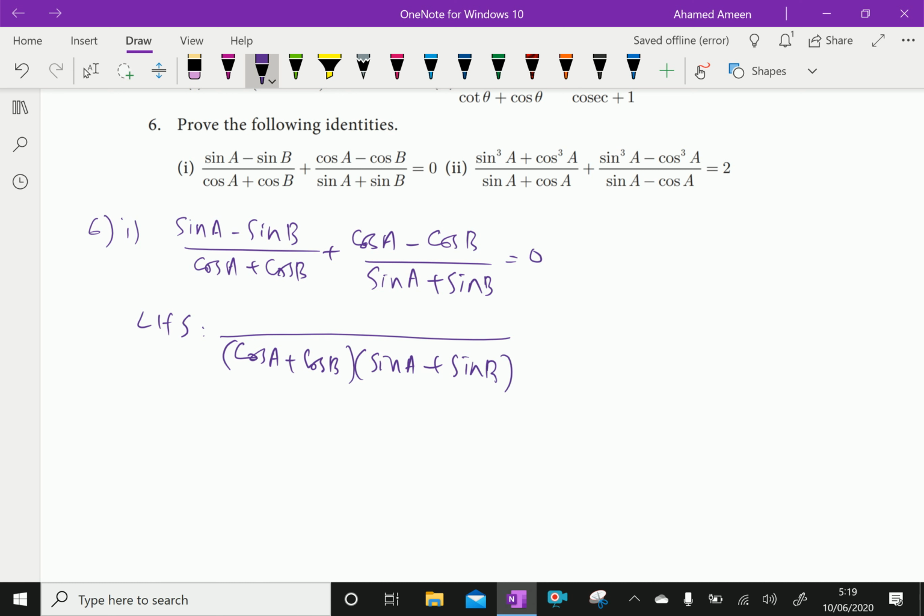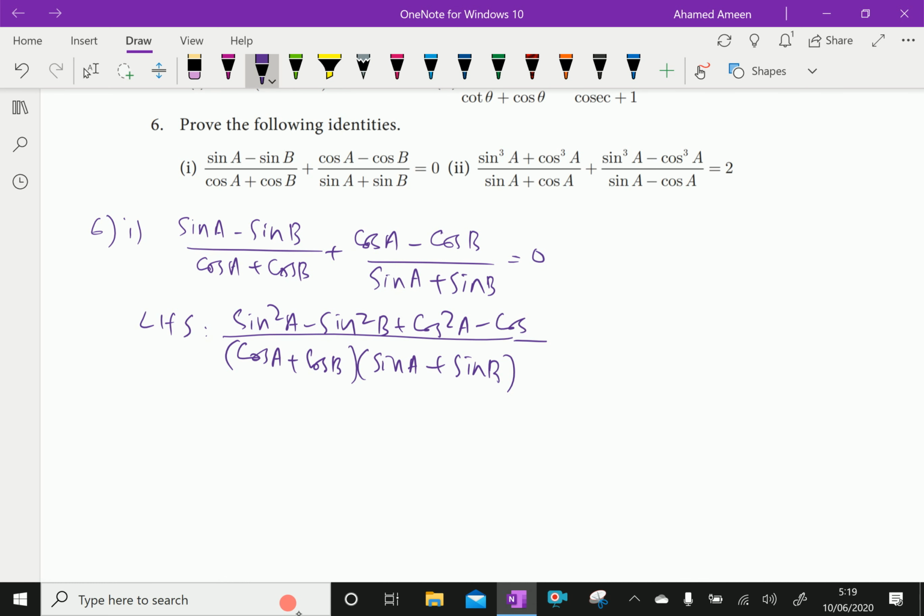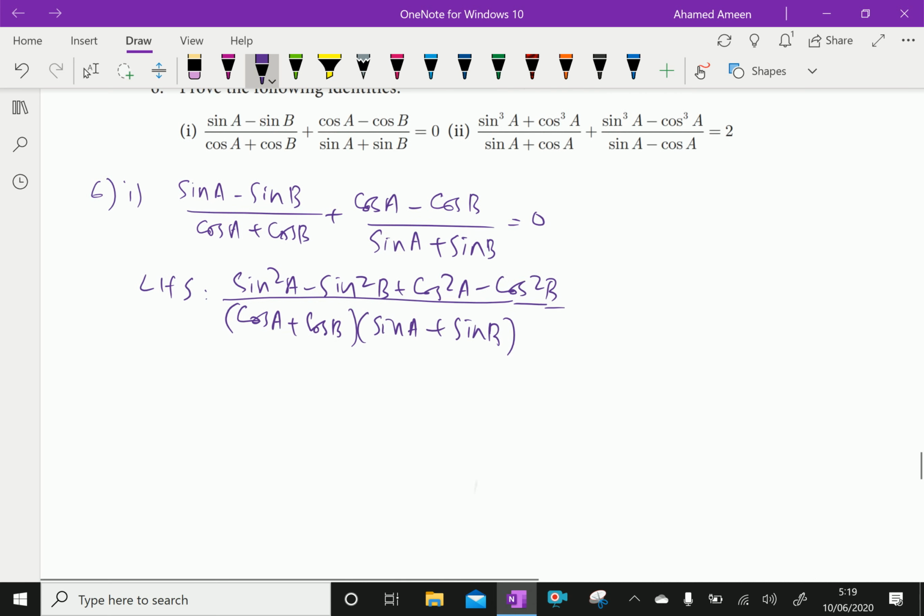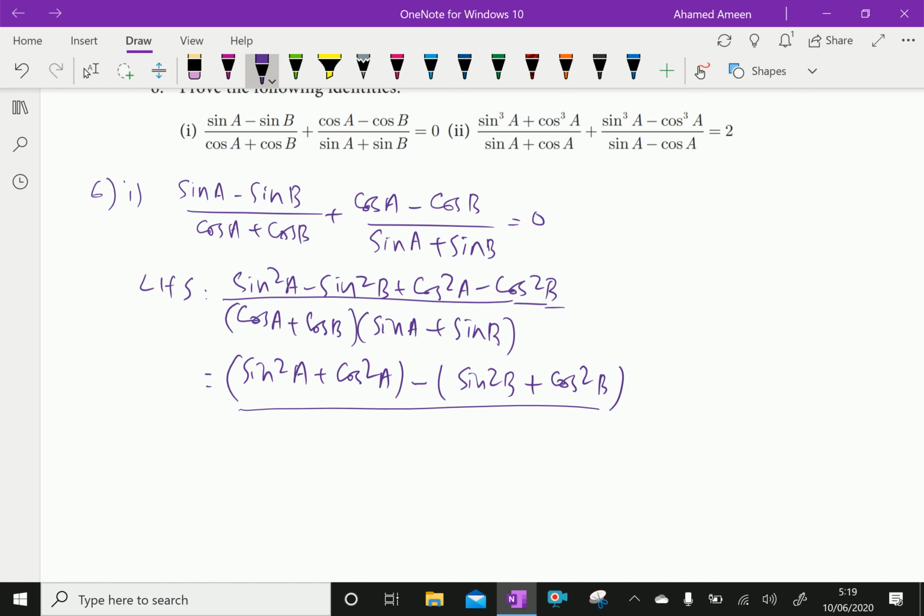Now by cross multiplying we have sin A minus sin B into sin A plus sin B, that is sin squared A minus sin squared B. Like this here, that means cos A plus cos B into cos A minus cos B is cos squared A minus cos squared B. Look at here, we have sin squared A plus cos squared A minus sin squared B plus cos squared B, because we took minus out, over